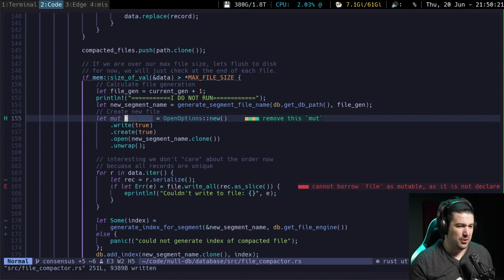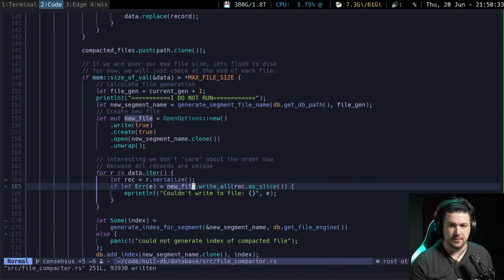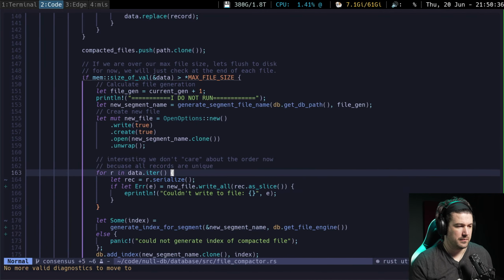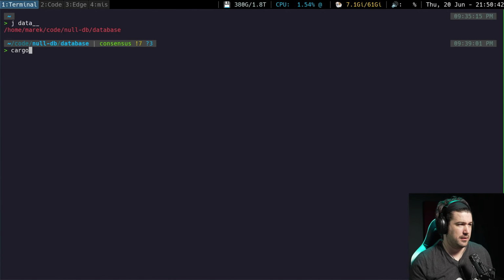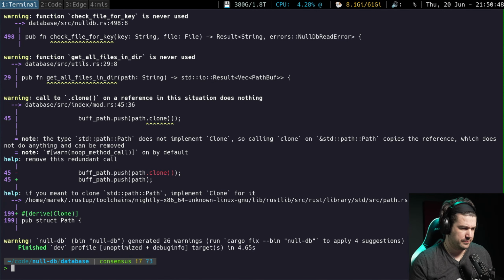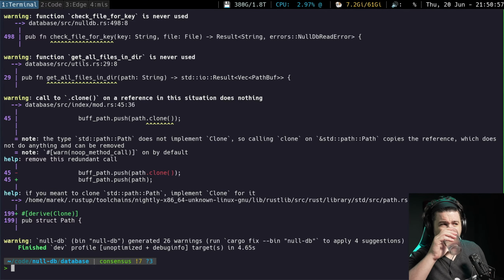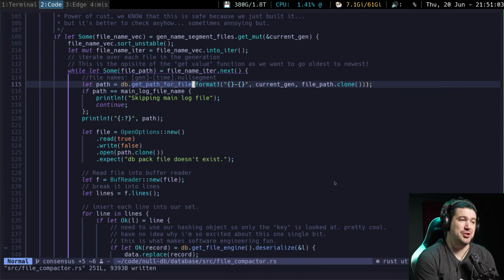Okay. So it's new file again. Okay. Cool beans. All right. So does it build? Cool. We got the Htmx native database building. Yes, we did. Now, compaction is still broken